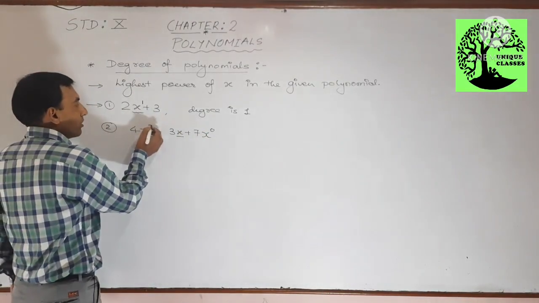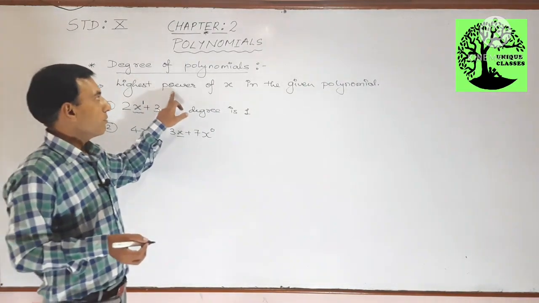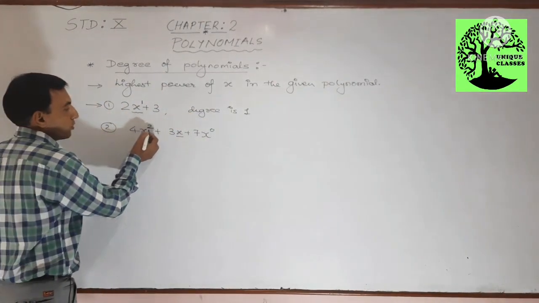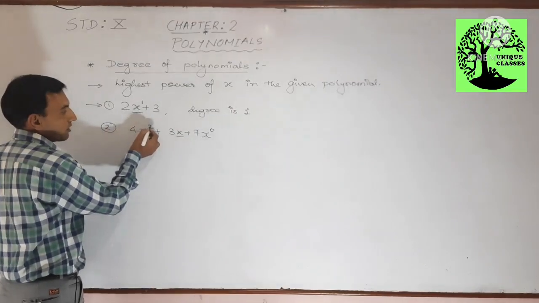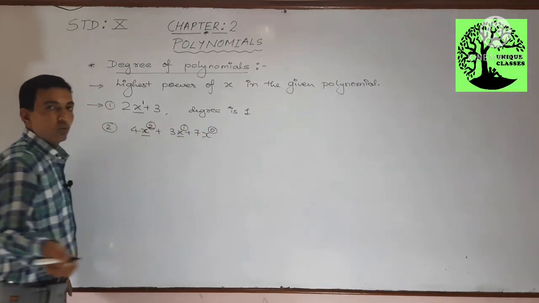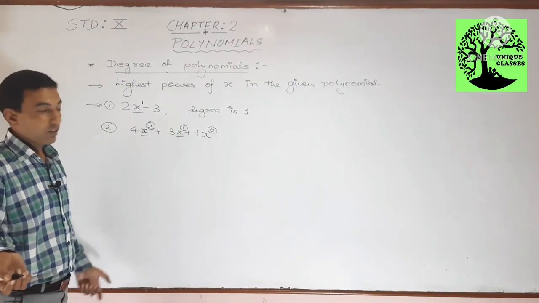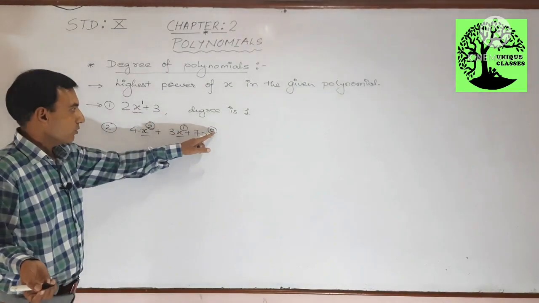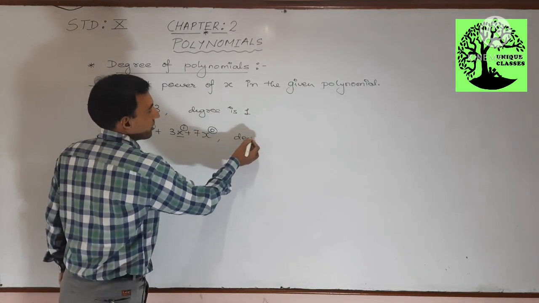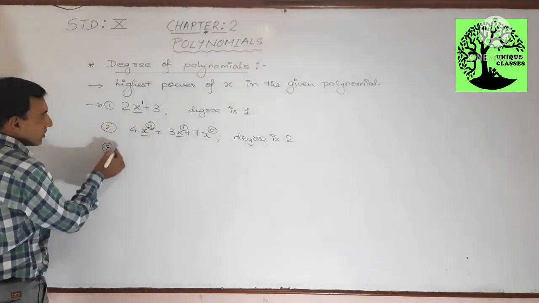Okay. Now, for finding the degree of this polynomial, as I written above, you have to select the highest power. So, look, student, the power of x, here it is 2, here it is 1, and here it is 0. So, it is easy for you to find out which is the highest among 2, 1 and 0. The highest is 2. So, we can write degree is here 2. Let us take another example.